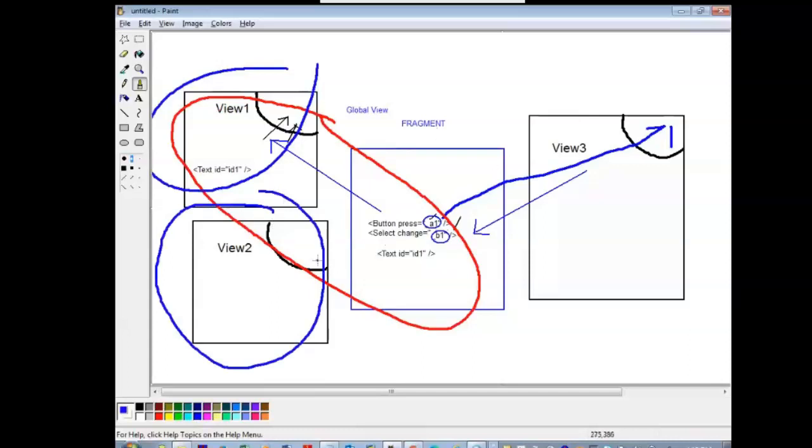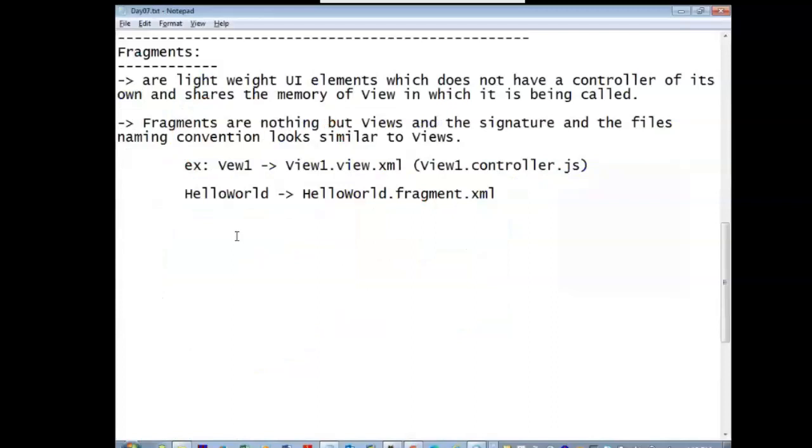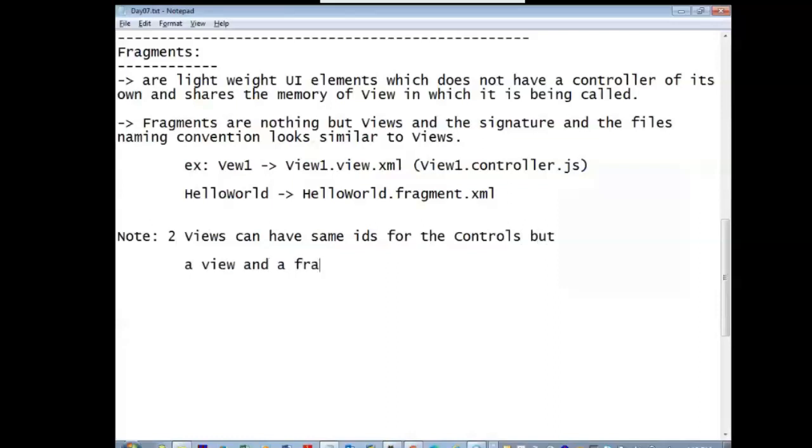But if you are sharing any fragment to the view, then IDs must be different. Just write that also. Note: two views can have the same IDs for the controls, but a view and a fragment which is being shared cannot have the same IDs. You get a duplicate ID error when you try to use it. At that time you can rectify. I'm just telling you.